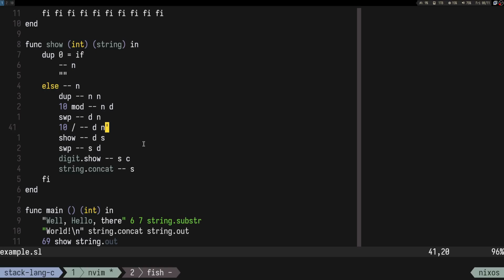I trim the number down, so it's gonna be like 6. It's gonna be like a 6 here, so 9 and then a 6. They are both numbers. If I call show on that,